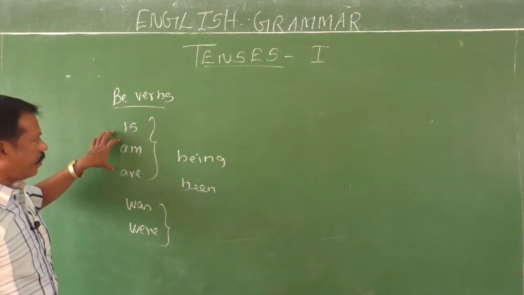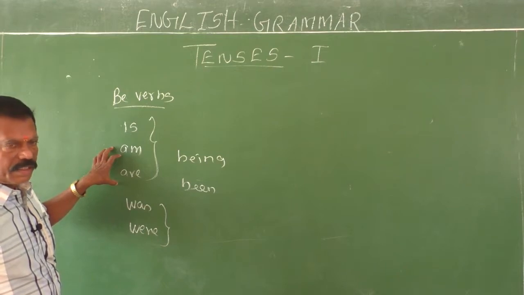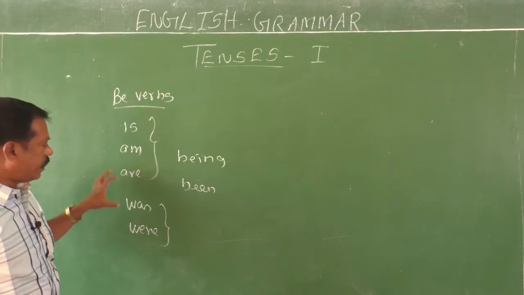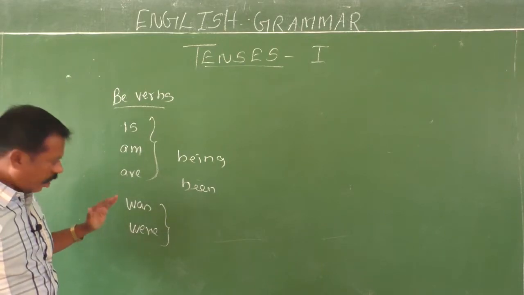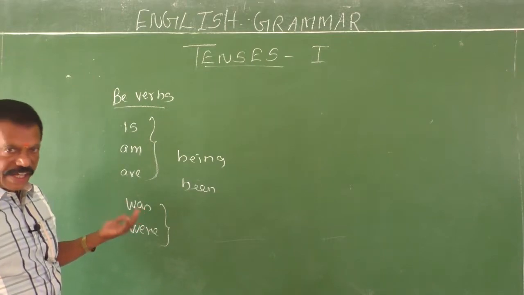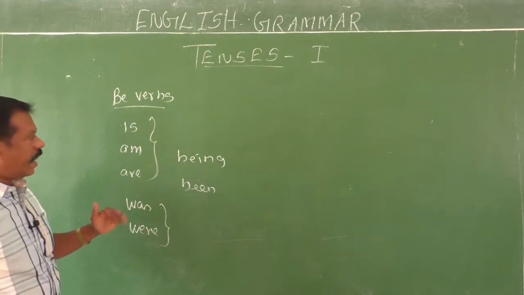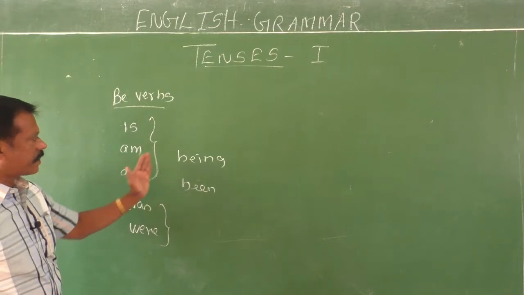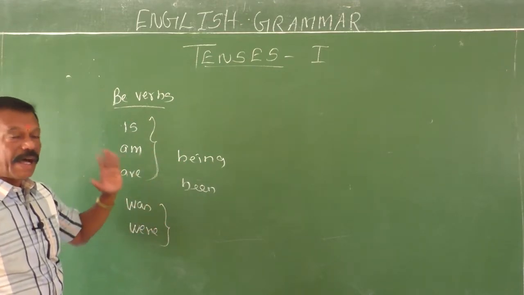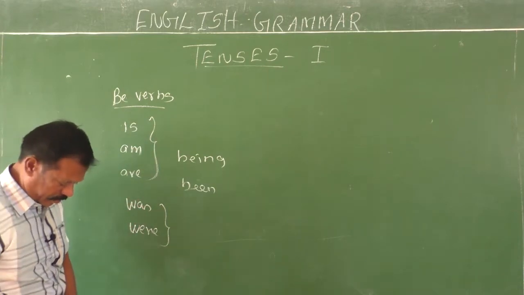These three are the be form of the verbs that refer to present state or present time. And then was and were are also be forms of the verbs. They refer to past state or past time. Being is the present participle of all these be verbs, and been is the past participle of all these be verbs. Okay, next,